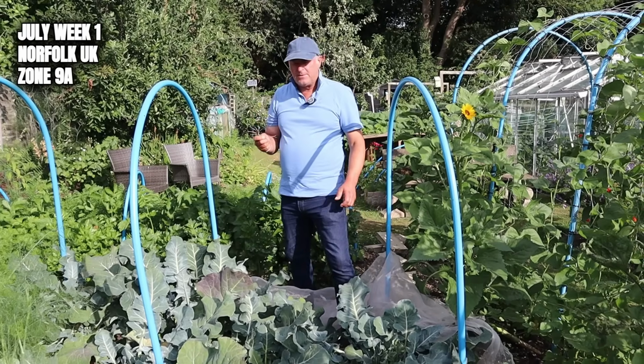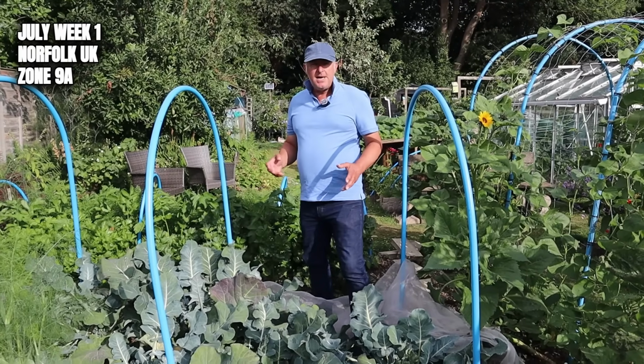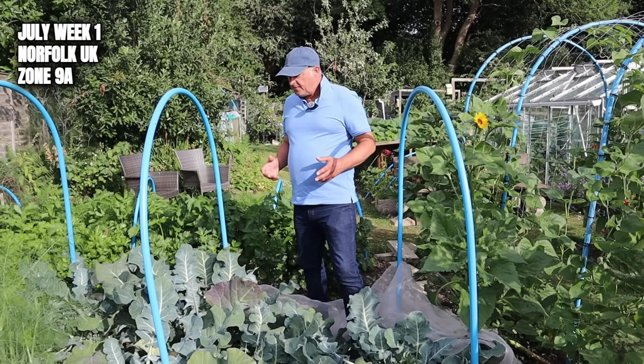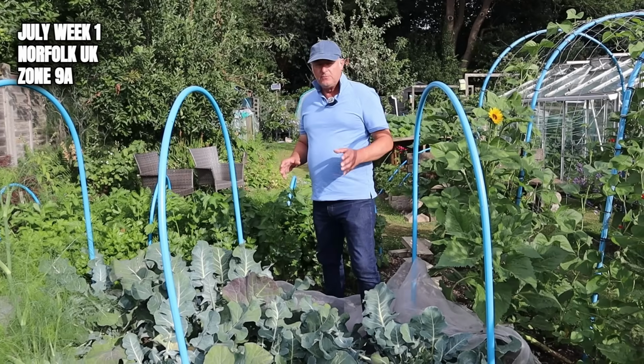So while you're there, just pull them out. And it's as simple as that. Now, the reason why I've left these exposed is not to give the cabbage whites a free meal. It's because I'm now going to remove these plants and this will be immediately replanted, which leads me on to